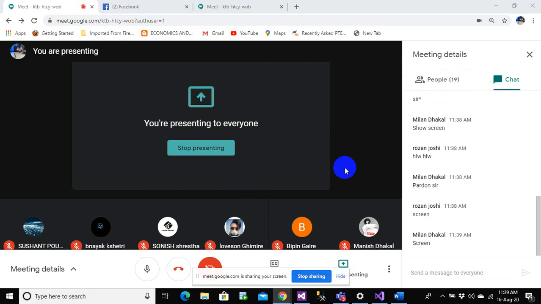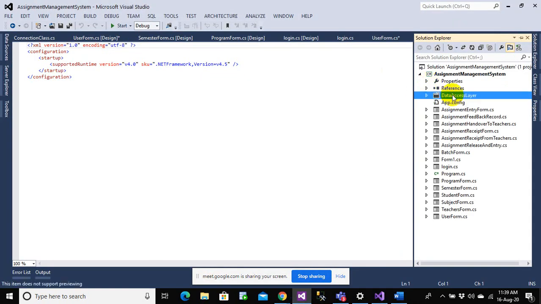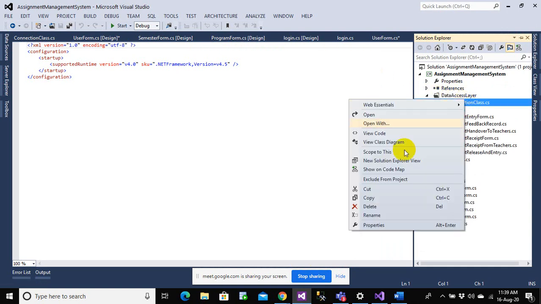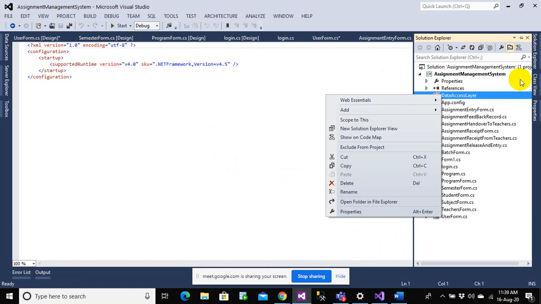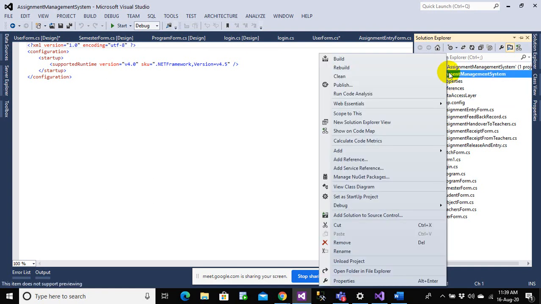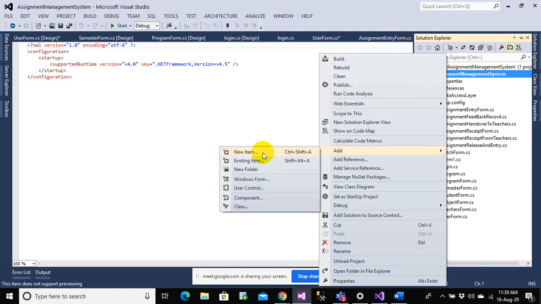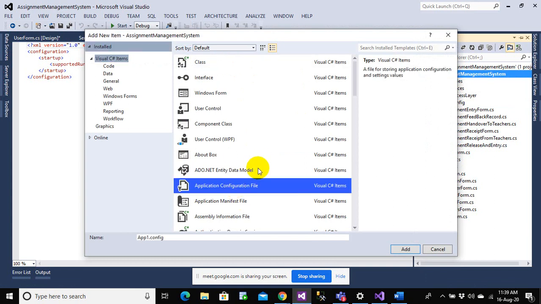If you can see my screen, I think you can see my screen now. Let us see what we have done. I created a data access layer, and I created a SQL class. Let me leave it as it is for now. And you need to have an app.config file. If you have the app.config file in your project, it's fine. If you do not have it, then you have to right click on your project, click on add and new item, and you can see there should be an application configuration file here. You have to get this file if you do not have the app.config file.